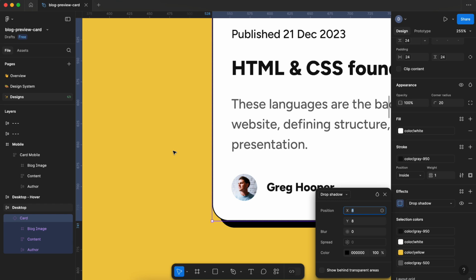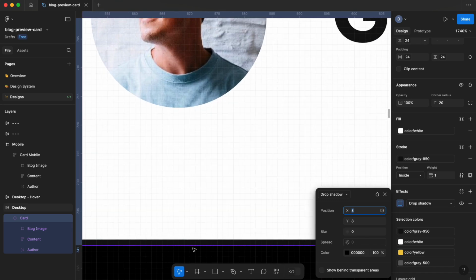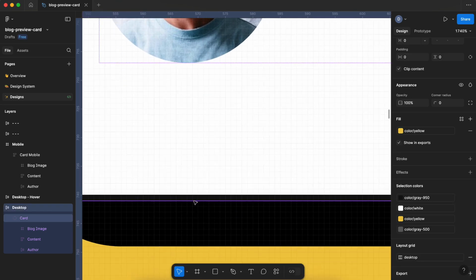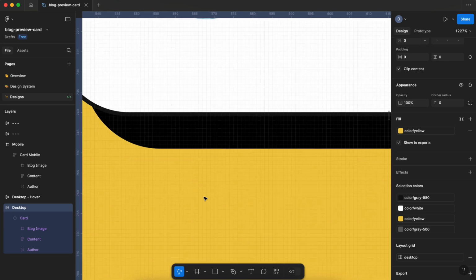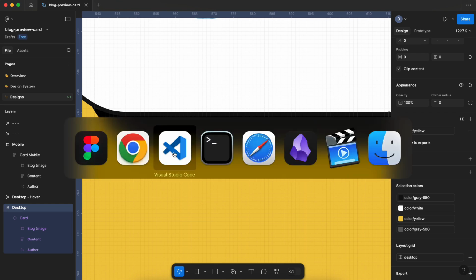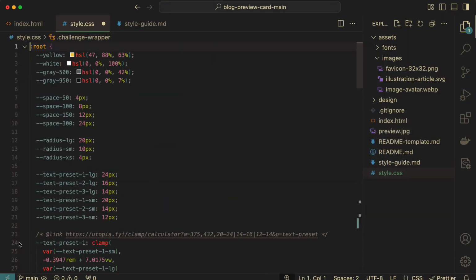I feel like this would be a good conversation for the designer. It's like, are you sure you want black? Or do you want the gray 950? Because they are just so close, right? You can kind of see the difference, especially if you zoom way in. This is slightly lighter, but does it matter? I don't know, okay? For now, I am going to leave it as black, which means that I need to